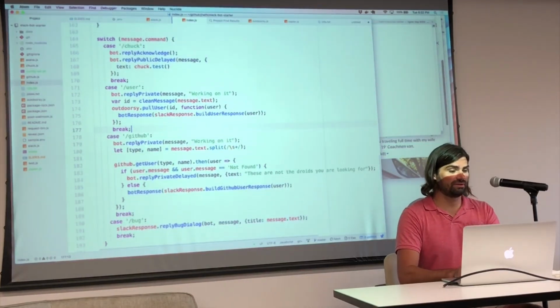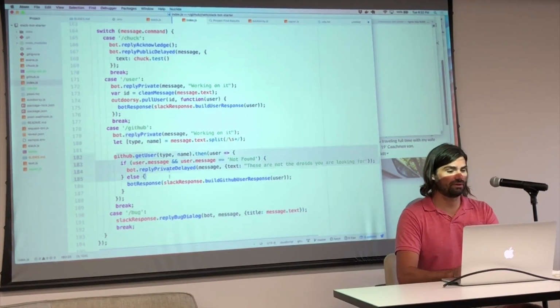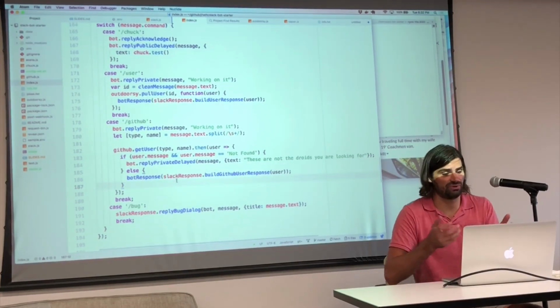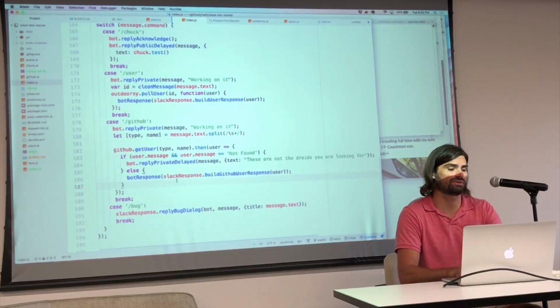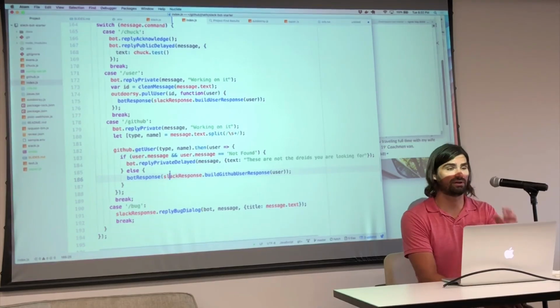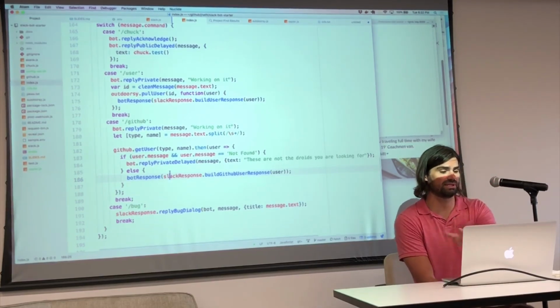So we got our GitHub thing, and we can look at these APIs here in a little bit if you want. They're very basic, just like node fetch commands to certain URLs. The next one I want to point out, which is super helpful for our customer support team, or really anybody in the company, but then